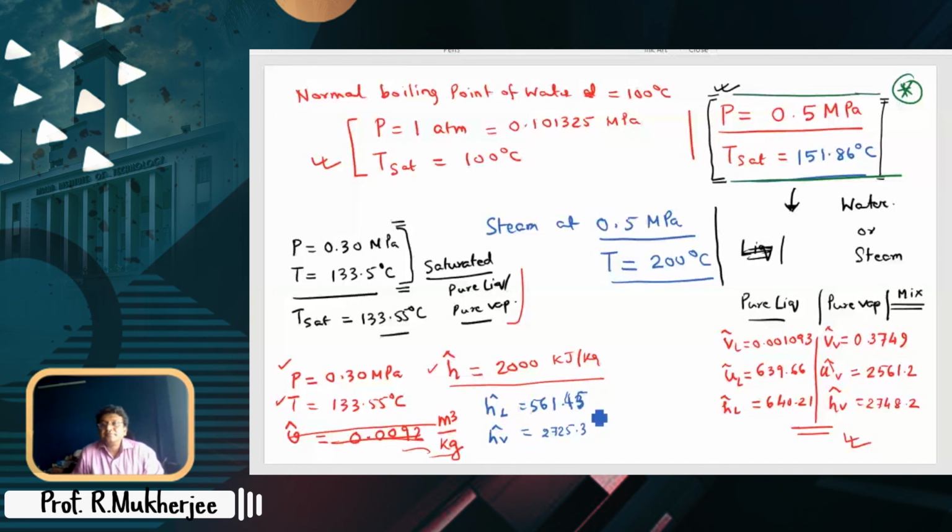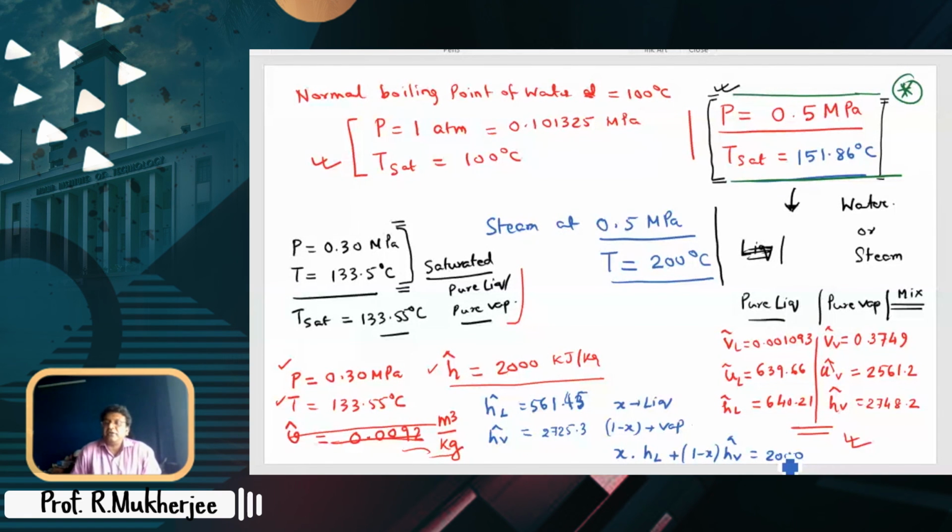So anything else you can do? Shalini, Bhavna, Soumik, Aman, Sneh, last set of people, Samira also commented. More vapor. Why more? Why not the specific amount? Of course, you can find out the specific amount now. Let's say we have a mixture with x as the fraction of liquid and 1 minus x as the fraction of vapor. So what is the total enthalpy? x into HL plus 1 minus x into HV equals 2000. Solve for it. You will get x. You will get the fraction of liquid and the fraction of vapor.